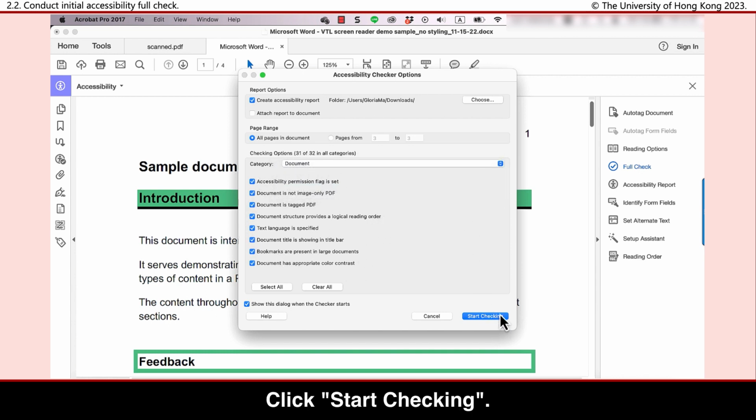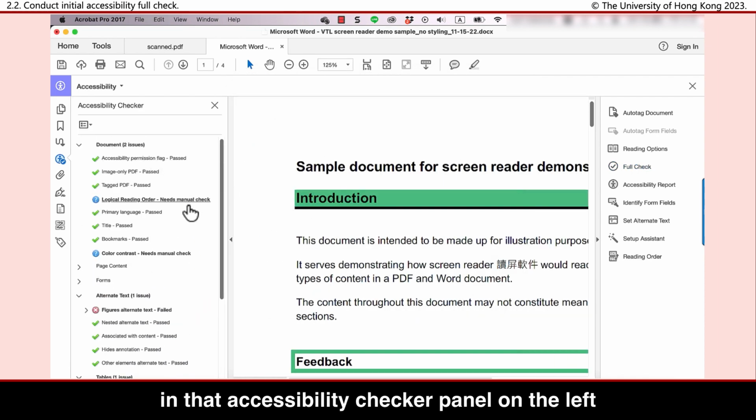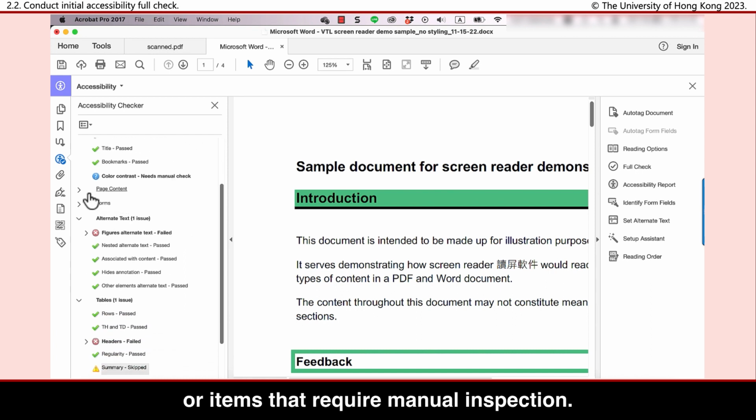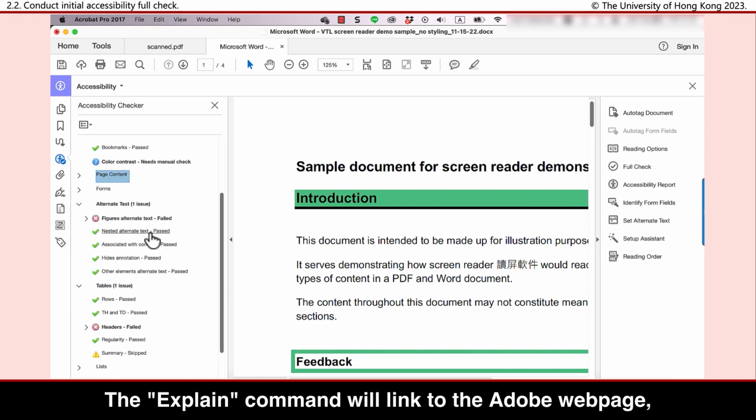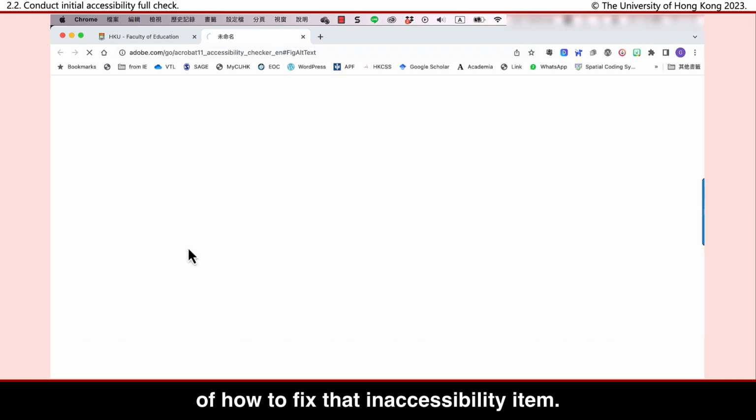Click Start Checking. The report will then display in the Accessibility Checker panel on the left of the Adobe window. It flags any issues to be fixed or items that require manual inspection. Select any item and right-click to further select Explain. The Explain command will link to the Adobe webpage, showing the detailed explanation and instructions of how to fix that